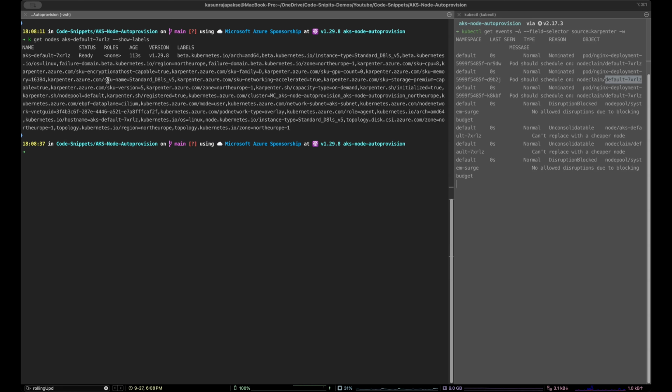Then you can see that the SKU family is D, right? So you can see here kubernetes.io instance-type Standard_D8ls_v5. This is the SKU family that is provisioned for this node